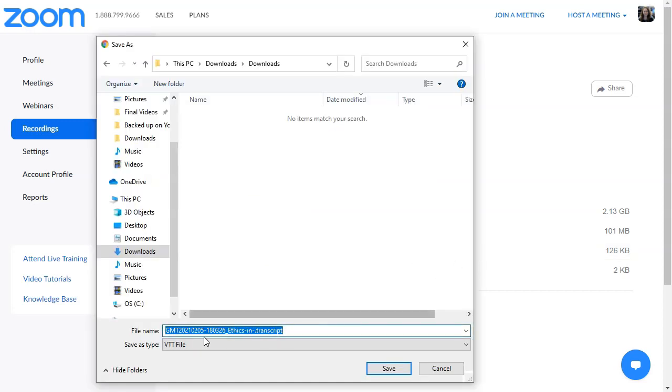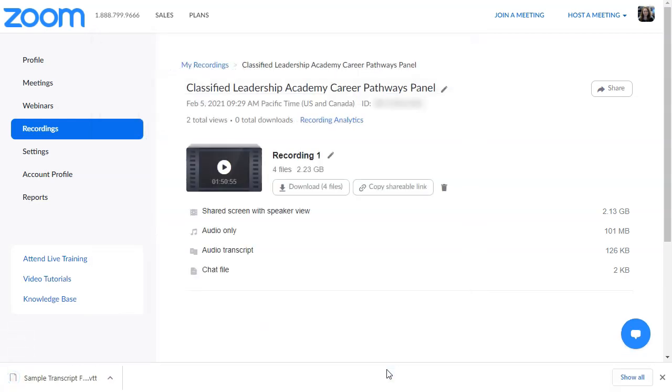This will download as a VTT file. That is exactly the kind of transcript file that we need it to be. You're welcome to rename it here, but don't mess with the dot transcript. We just want to rename it here. Let's say sample transcript file. And we'll click save. And that's it. We now have our transcript file in our downloads folder